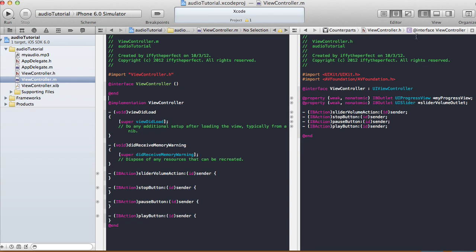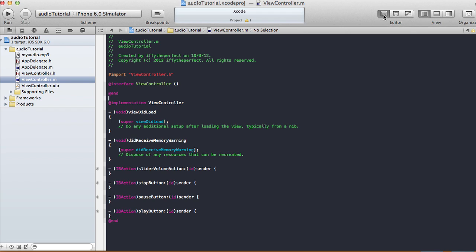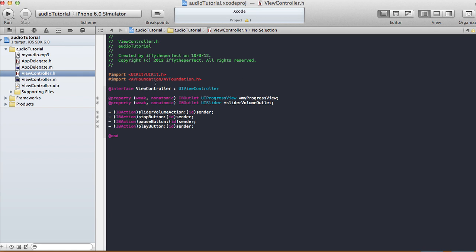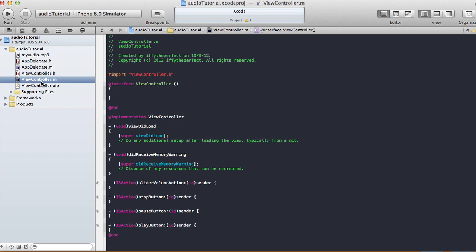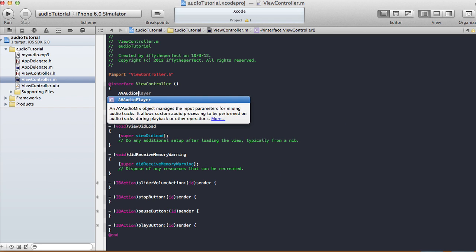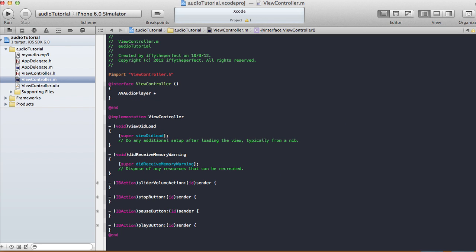Now we go to our implementation. Let me hide the assistant editor and we can start. Oh yeah, don't forget, import AVFoundation and Foundation.h. Alright, so in here we're going to have an instance variable of AVAudioPlayer. I'm going to call this one AVPlayer. And in our viewDidLoad,